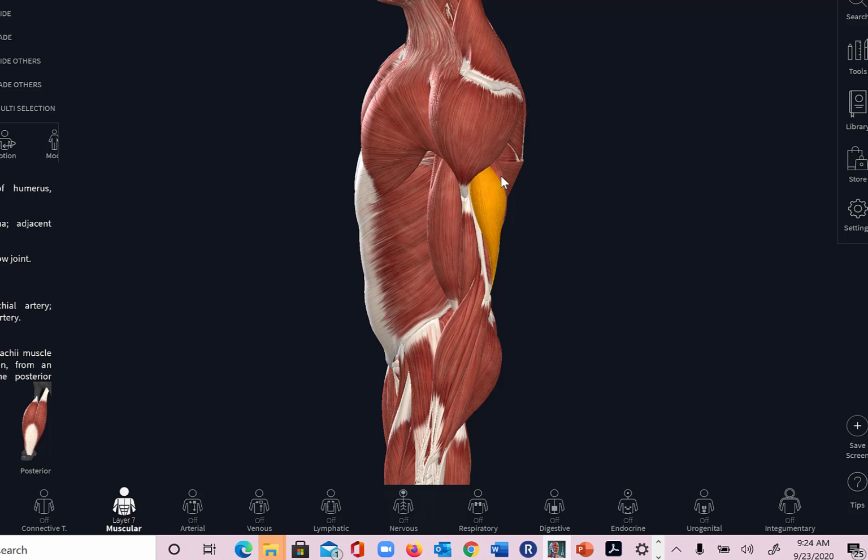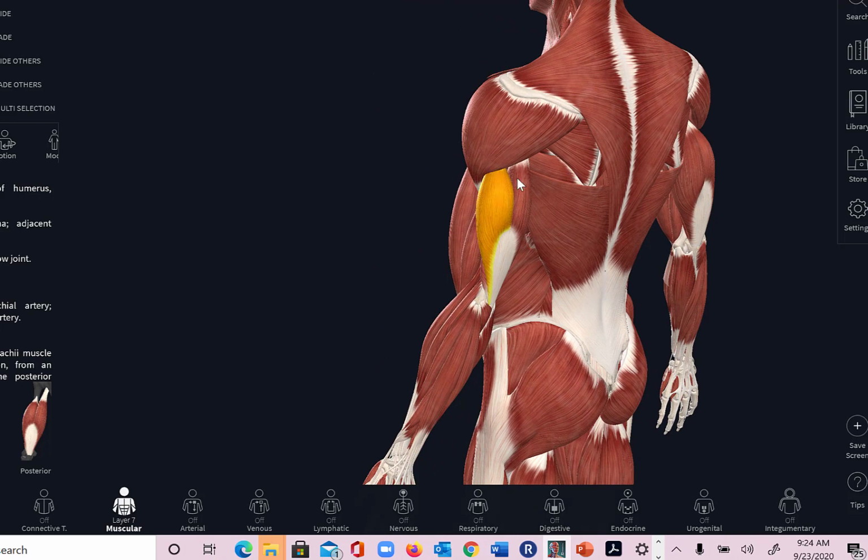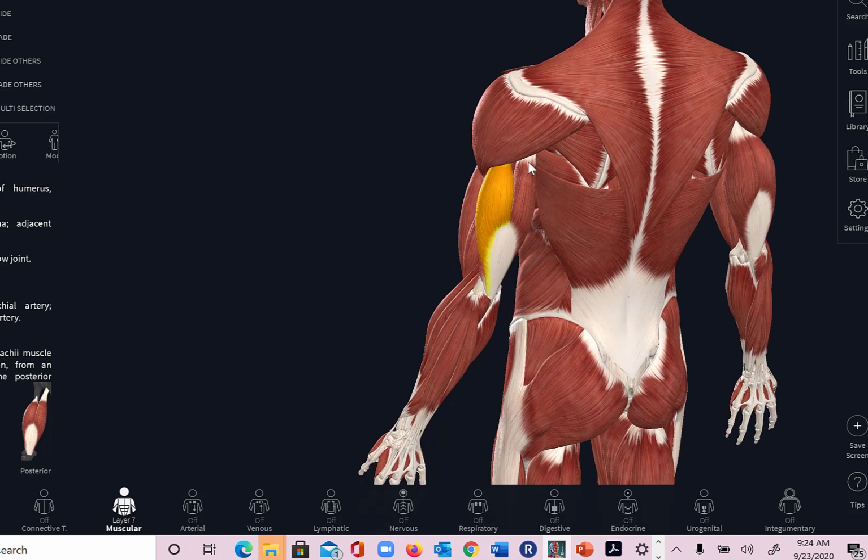The infraglenoid tubercle is found within the glenoid cavity, or is part of the glenoid cavity of the scapula. Your teacher may want you to know the long head, the medial head, and basically all heads of